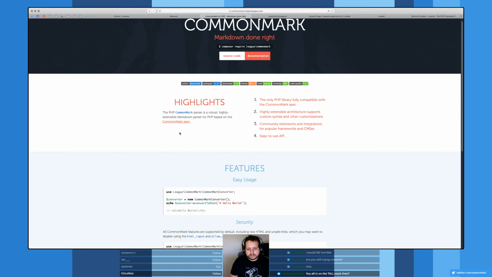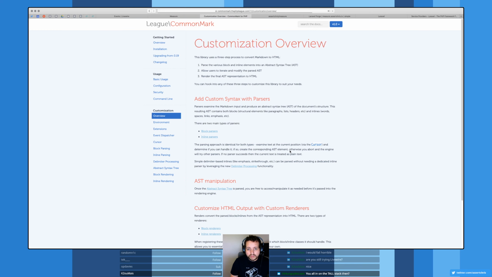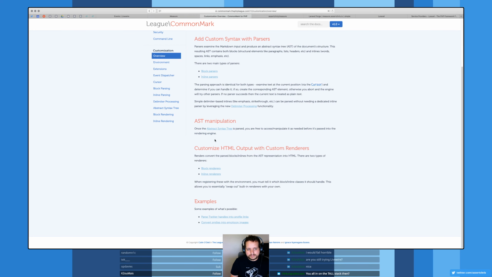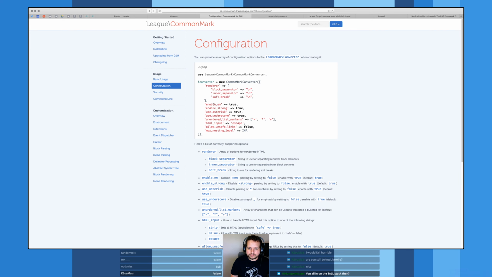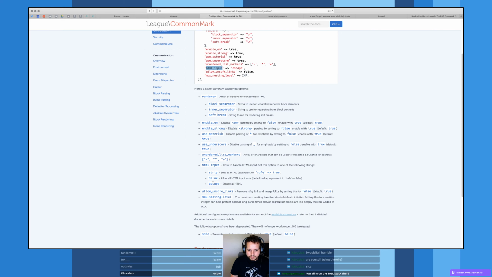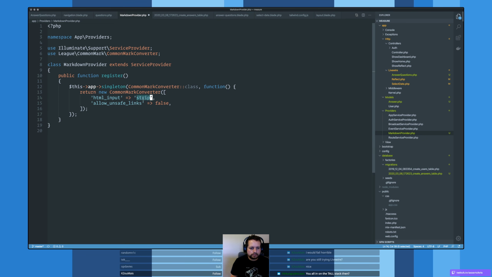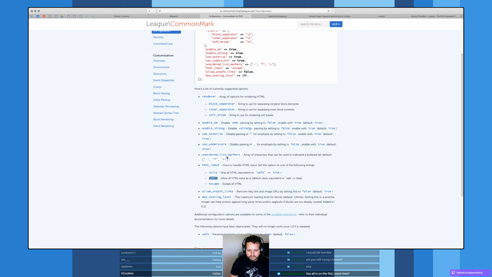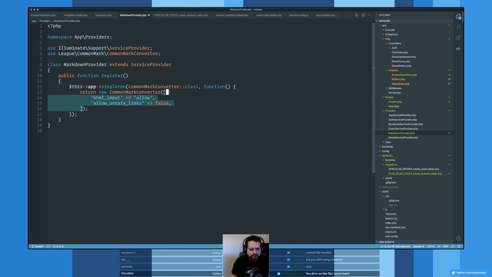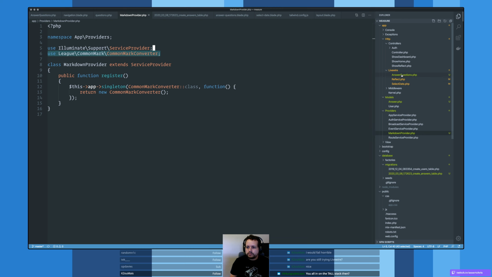Where are the docs? Configuration. HTML inputs, allow. Allow unsafe links. Default is true. Actually, what is the default for HTML input? Oh, I mean, this is the default value. Okay. So if we use this,